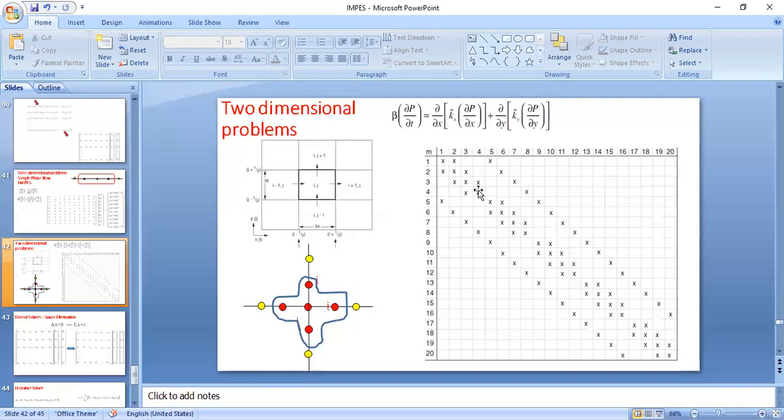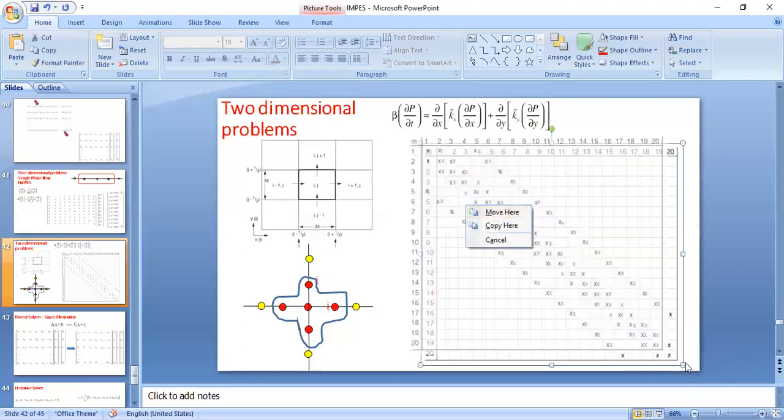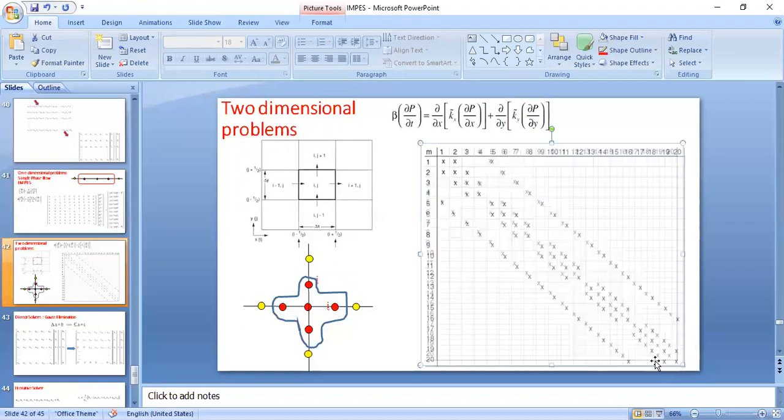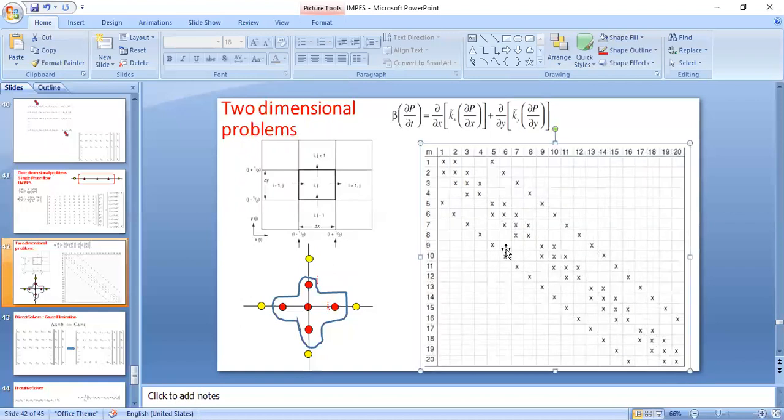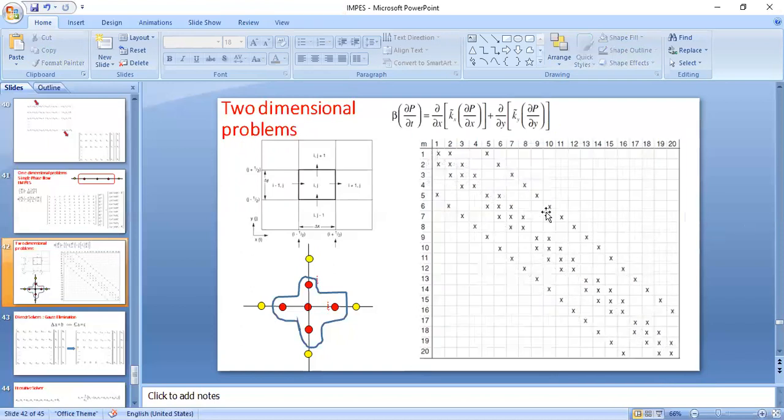So how will we reach this kind of matrix? We had done it in our class also. You can cross check with our class notes. You can go back and see the class notes. We reached a matrix of this form, something like this. One main diagonal was there, and immediate upper diagonal and lower diagonal were there, and after two blank diagonals, we had one upper diagonal and one lower diagonal. Okay, we had five diagonals. That's why it is called a pentadiagonal matrix.